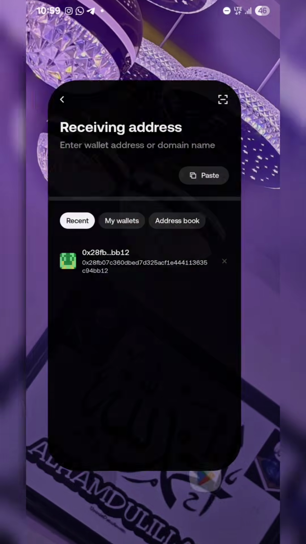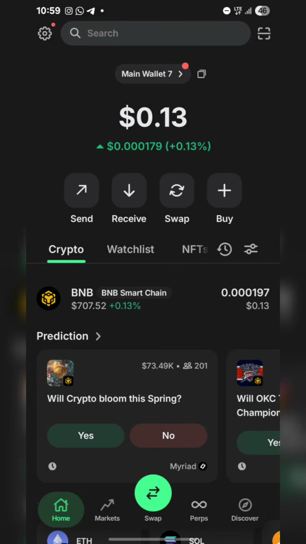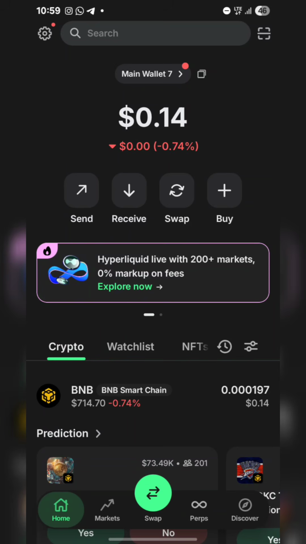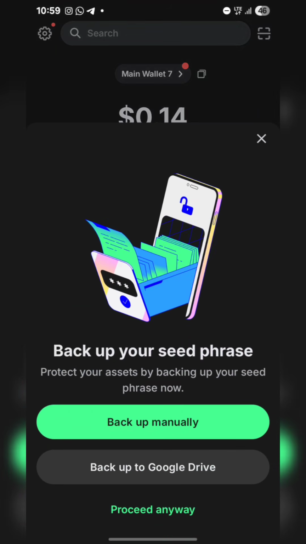So you go to your Trust Wallet. Let's check it. You copy your BNB address. Why are we copying the BNB address? Because anything on BEP20 is still the same thing. It's still the same wallet address. So let me show you guys. If you click on receive here, proceed anyway. If you click on proceed anyway,